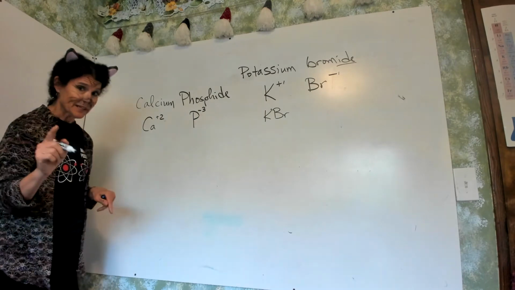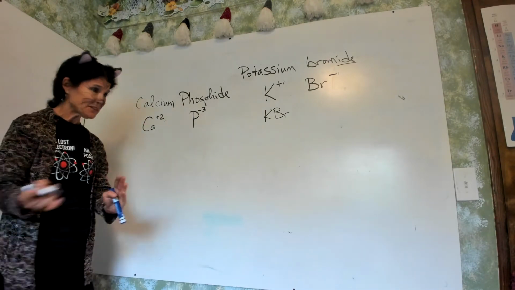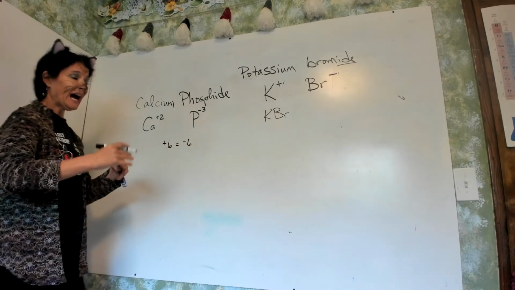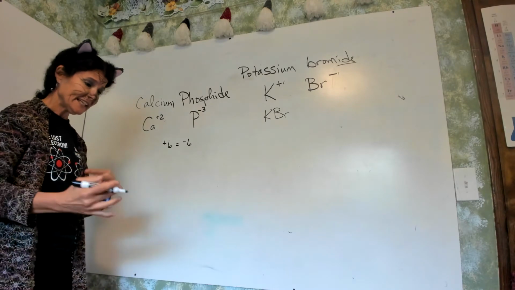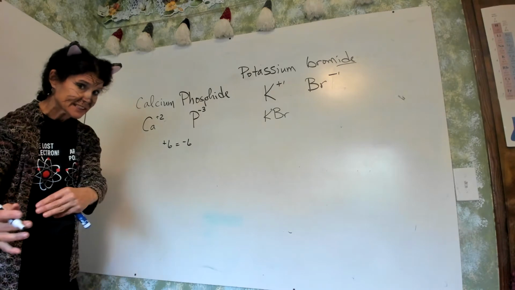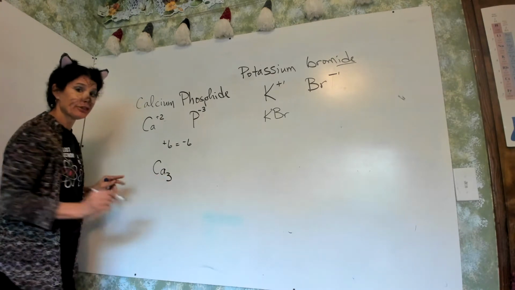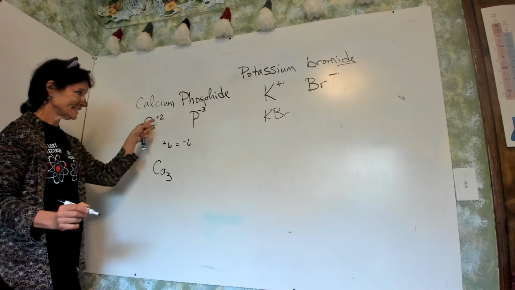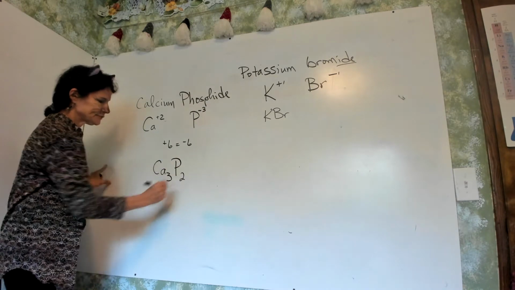All right, with this one, 2s and 3s. The lowest number they have in common is 6. So you have to have the +6 and the -6, so they're gaining and losing the same. Which means it's not how many more calciums do I need, it's how many calciums. I need 3 calciums to get a +6, because 2 times 3 is 6. And I would need 2 phosphoruses.